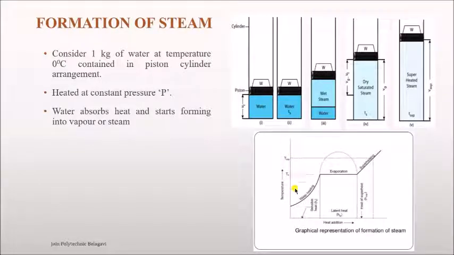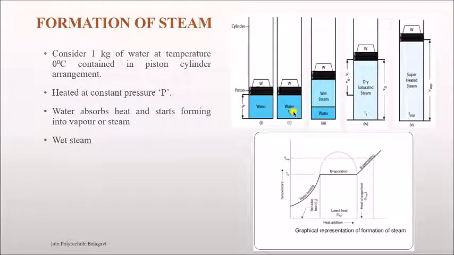When I start heating this, what happens? Its temperature slowly goes on increasing. There is an increase in temperature and a slight increase in volume. During this process there is a considerable amount of temperature rise as well as heat, and this heat we call sensible heat. There is very little increase in specific volume, or the volume of the liquid. Clear? At this point we call it the saturation temperature, which means the water has attained the boiling point.